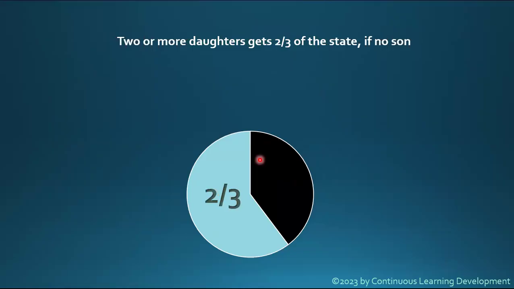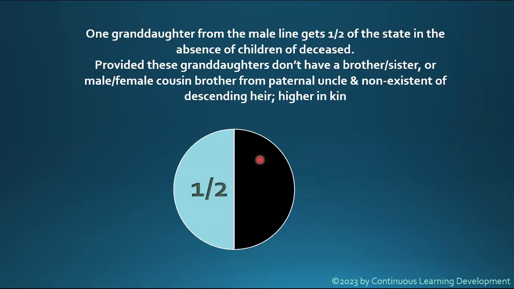If there are 2 or more daughters, then they will share 2/3 of the estate, and that is provided that there's no son. If there is, then obviously they'd share together. One granddaughter from the male line gets a half of the estate in the absence of other children. So if a parent has died, has left no other children, and has a granddaughter,